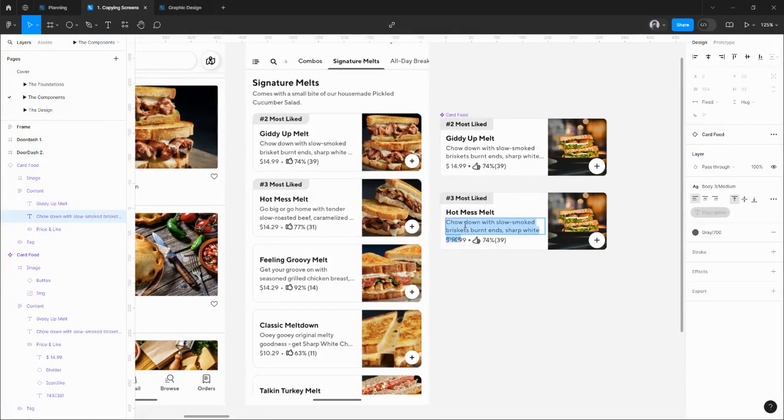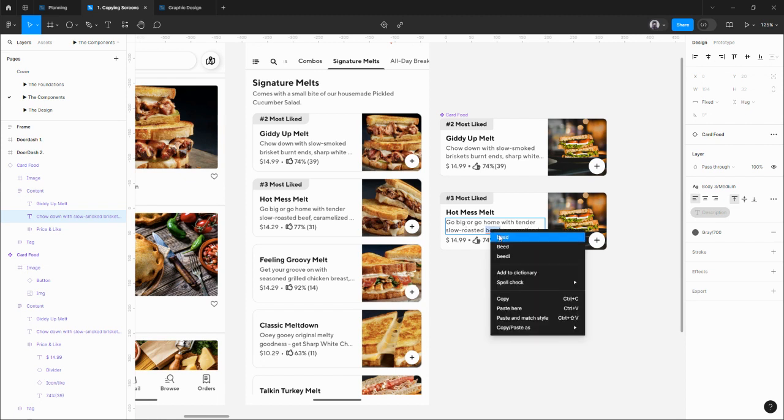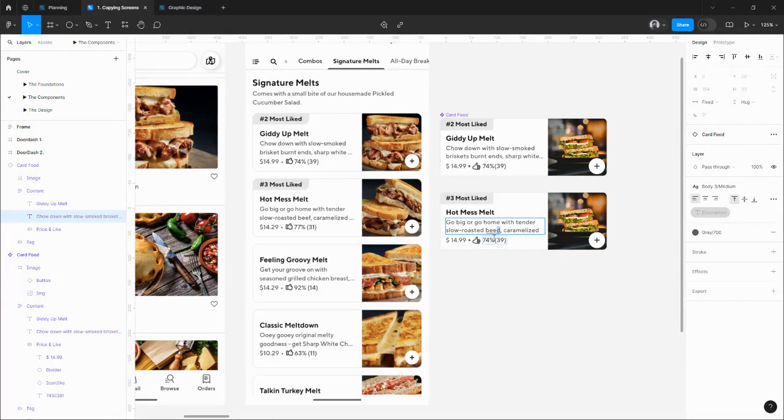Now I need go big and go home, or go home with tender slow roasted beef, so all these things are working. Beef, and